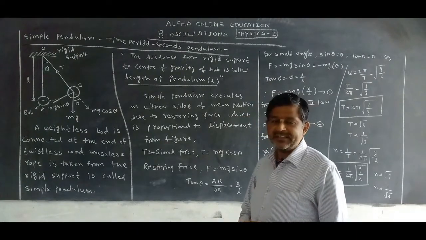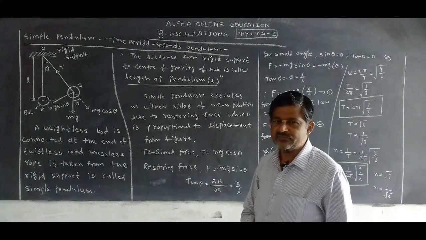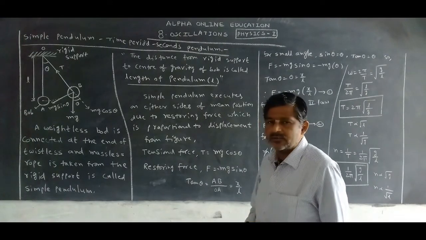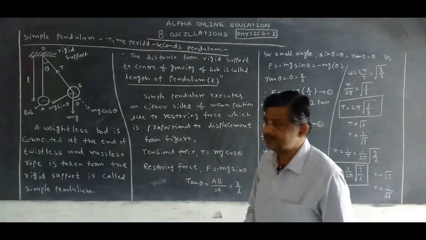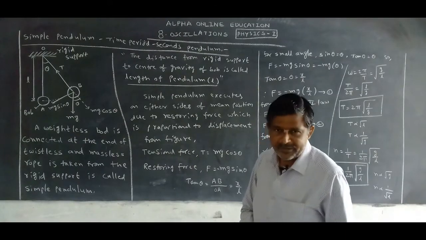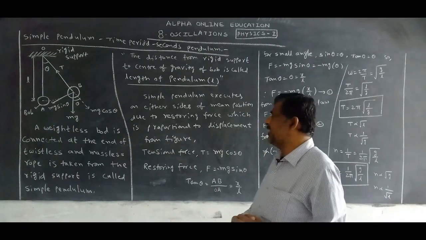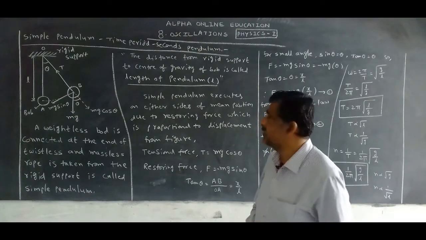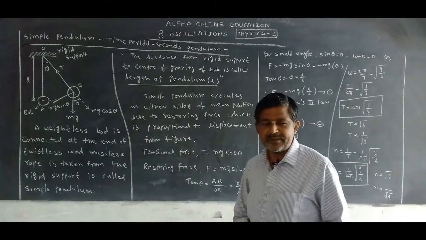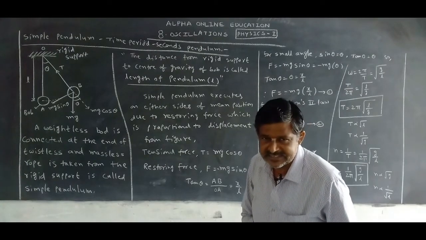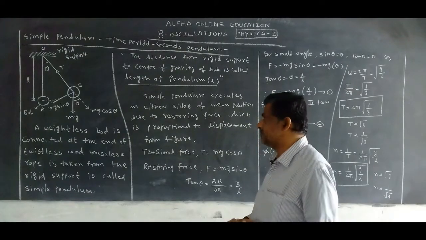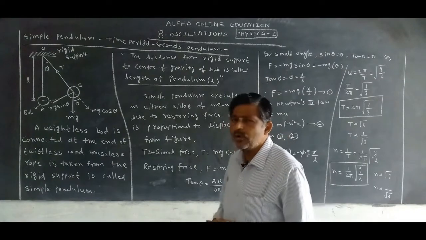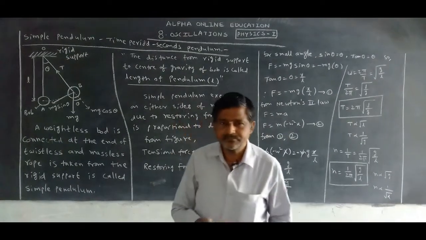But how can we get these questions in the examination for 8 marks? Define simple harmonic motion and simple pendulum. Derive the equation for the time period of a simple pendulum. Then after, what is a seconds pendulum? Write its length and time period. Okay. Now, what is a simple pendulum?